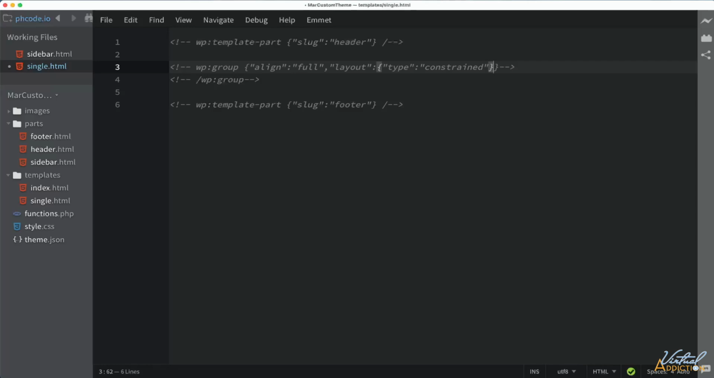This will allow us to use a constrained layout, meaning the inner content is limited in width. After this, I'm going to use a comma, and then we'll pass in the style key. Style key is going to be followed by curly braces because we want to create some additional parameters for styling. The first one is going to be spacing. After the colon, we'll open a new set of curly braces, and then we're going to go ahead and specify